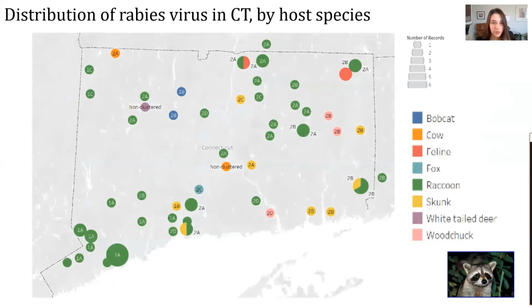Rabies virus data was organized on Tableau software to illustrate the geographic spread of the 70 sequences from Connecticut. This map illustrates the species of the sample in color based on their common name, and each point has a letter and number to indicate which subclade they belong to. As you can see, the green color representing raccoons has the highest number of samples throughout the state, followed by skunks. There is a concentration of cases in raccoons in the southwest corner of the state, which most likely suggests that there is an incursion of subclade 1 virus from New York.